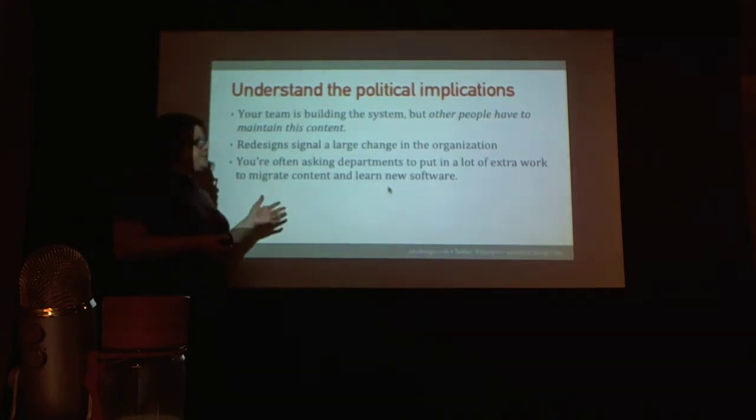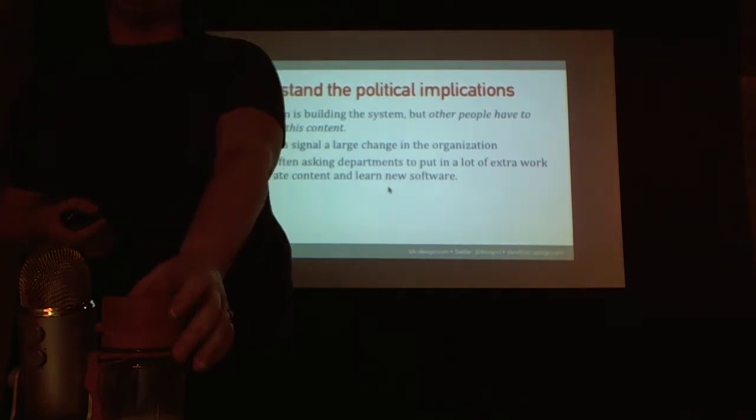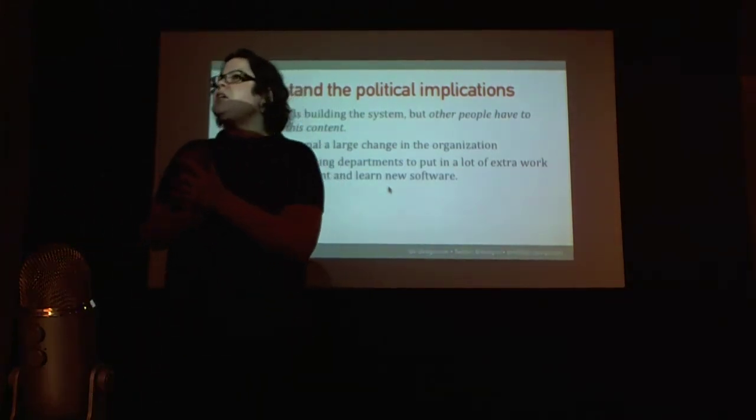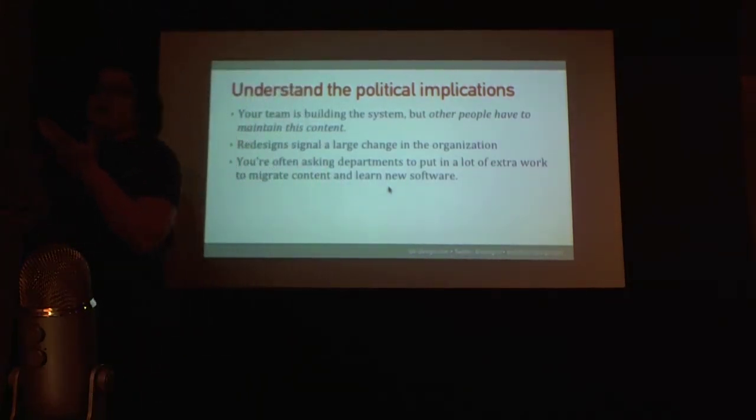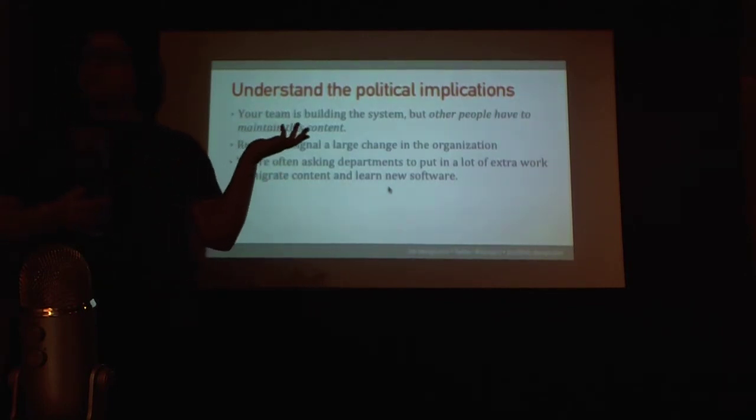Now this one, this is the big one, and the thing I think we don't think about enough. We have to understand the political implications of what we're doing. We, as people who make websites, we think we're making websites for clients. What we're really doing is we're creating work environments for the company that maintains this site. If you can imagine,